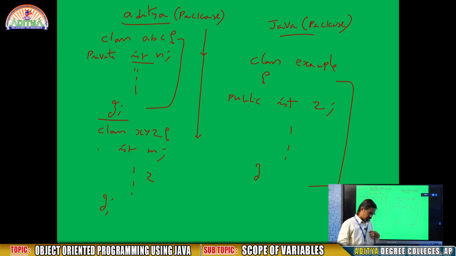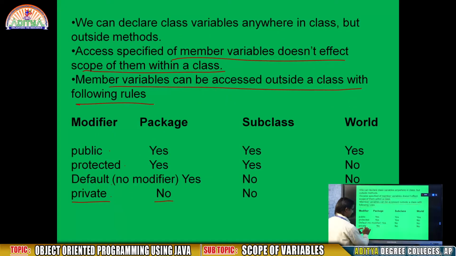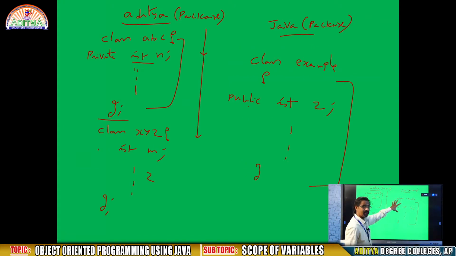Because, for example, this pen is private. Private means my personal pen, it is purely a private specifier. That means I have to use it only. I am not even in a position to give it to my sister and brother. It means I won't give this pen to anyone. Whereas private subclass, no, because I told you a private item is available within the same class. In the subclass it won't be accepted.